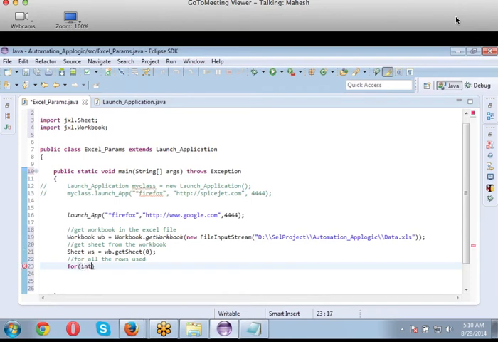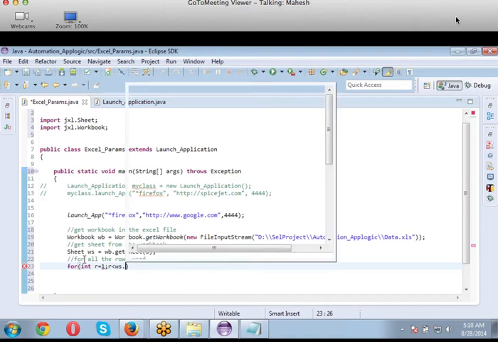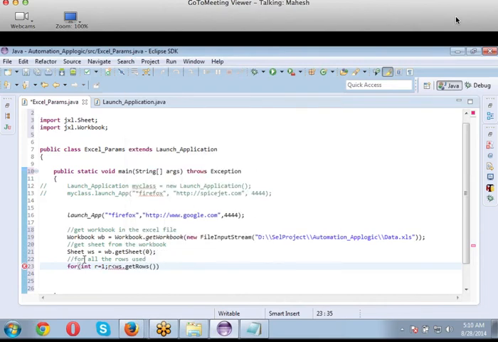Say int r is equal to 1, r less than ws dot getRows method, r plus plus. Everybody, are you concentrating? Maybe intentionally I might be making some mistakes here. Please concentrate and correct me if I'm doing wrong. I expect some answers from everyone. I'm doing something wrong here, I don't know.